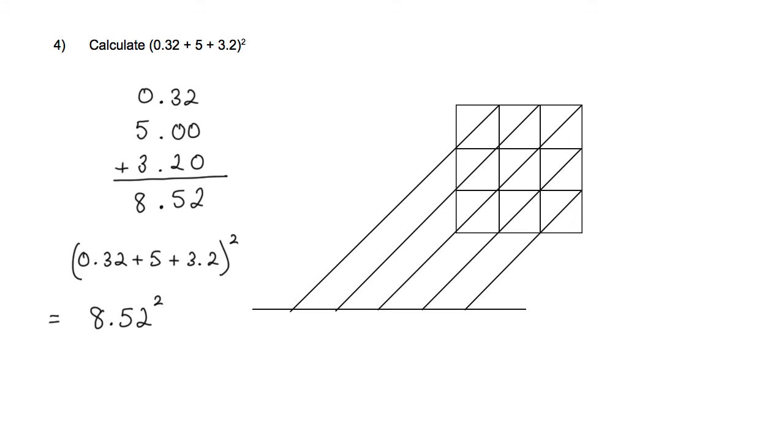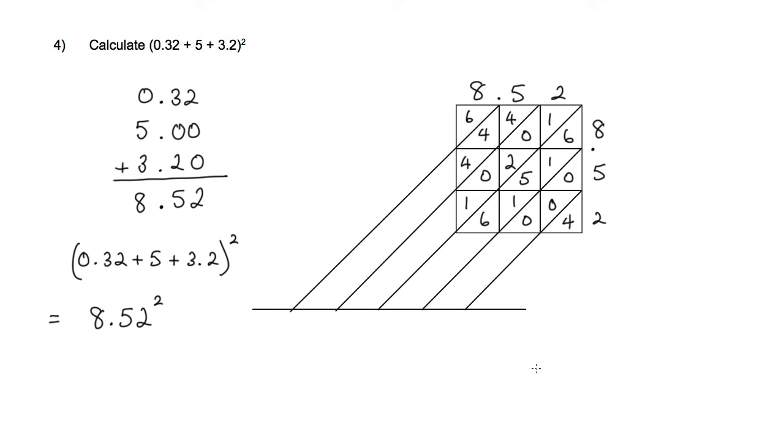So let me just switch on my little box here. And I've got 8.52, and also 8.52 here because we're squaring. And I need to multiply, so 8 8s are 64, 5 8s are 40, 2 times 8, well that's 16. 8 times 5 is 40, 5 times 5 is 25, and 2 times 5 is 10. We've then got 8 times 2, which is 16. We've got 5 times 2, which is 10, and 2 times 2, which is 4, so we need to write